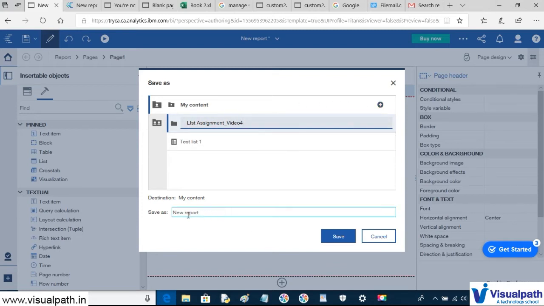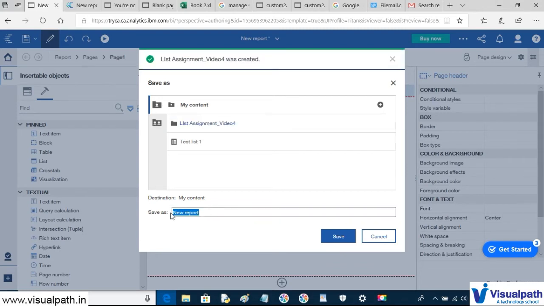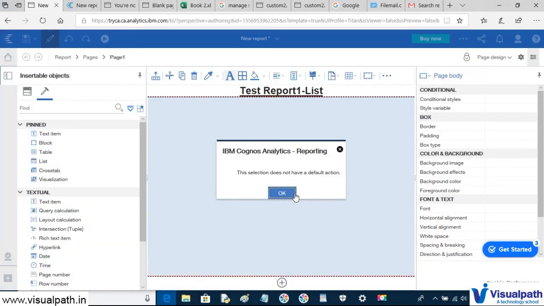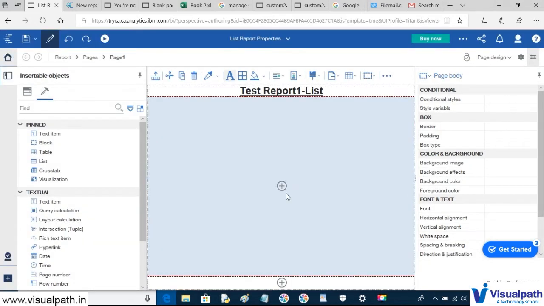Okay, now let's name this report as the list report properties. Okay. So in this way we have created a header of this report.